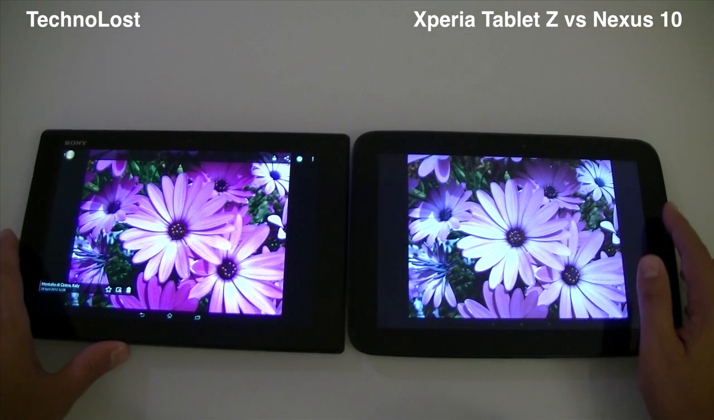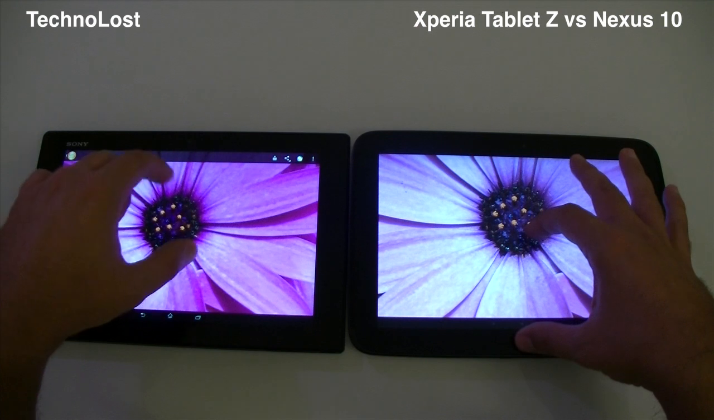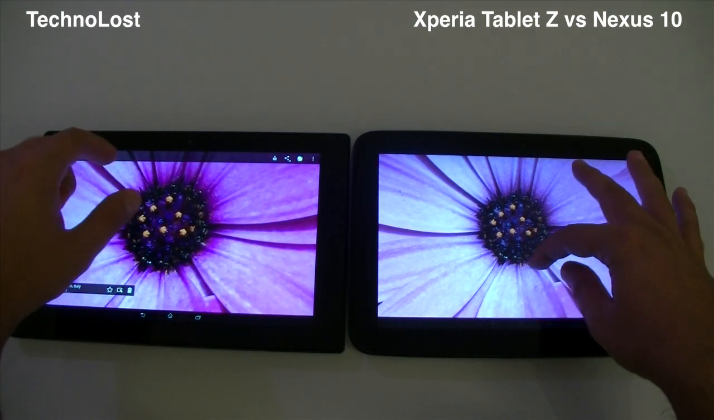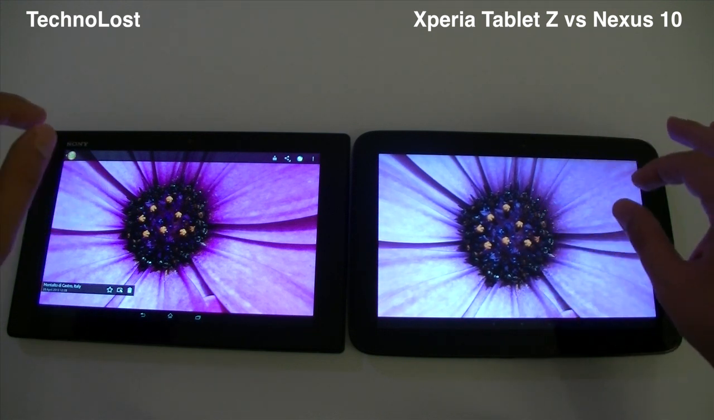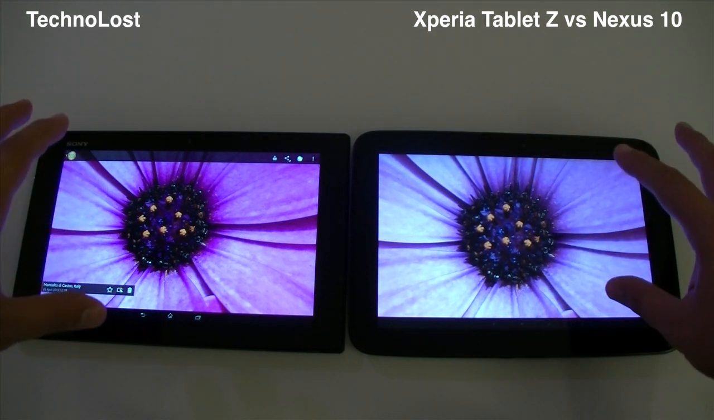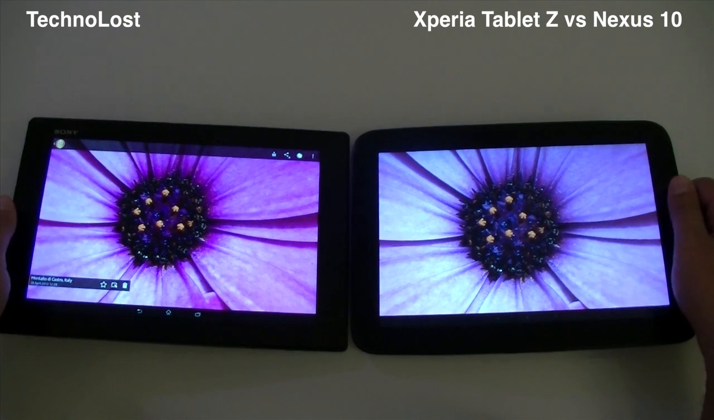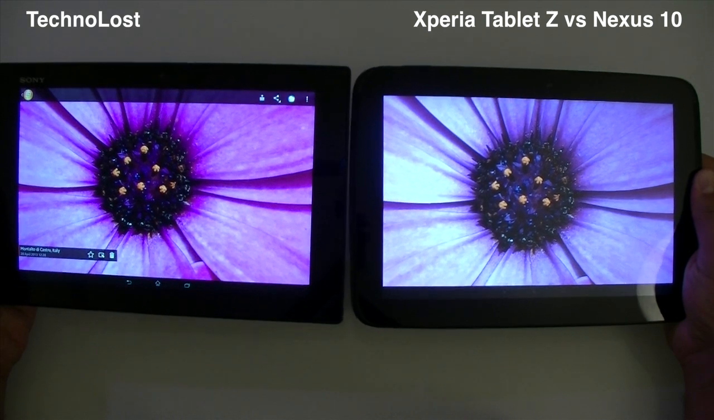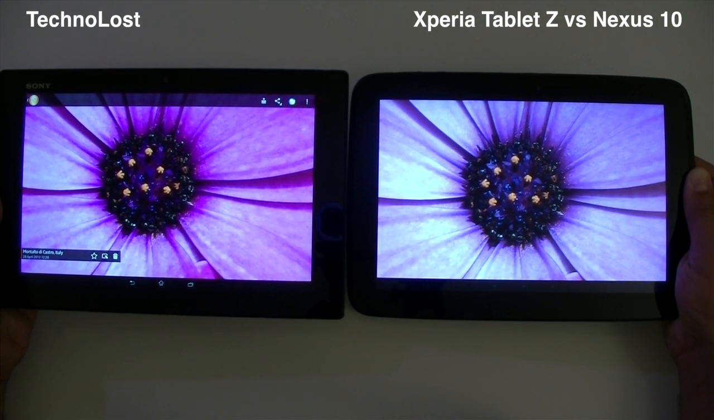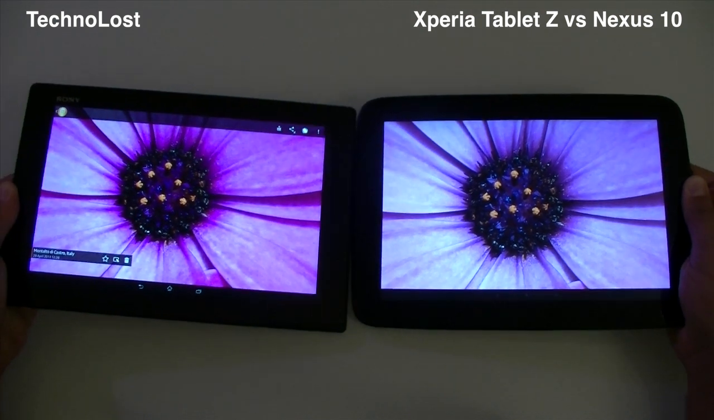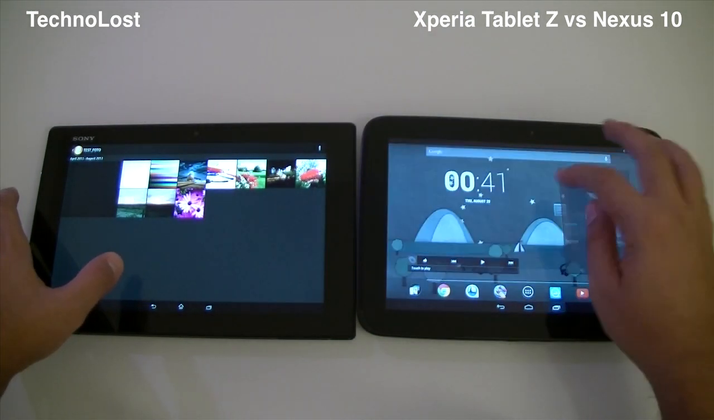But as for the sharpness of the image, the Nexus 10 is better than the Sony Xperia Tablet Z, having such a higher resolution. We can see the image is a touch sharper on the Nexus 10. Nevertheless, we have two wonderful displays, both in terms of sharpness and color reproduction. Just to give you an idea of the difference in